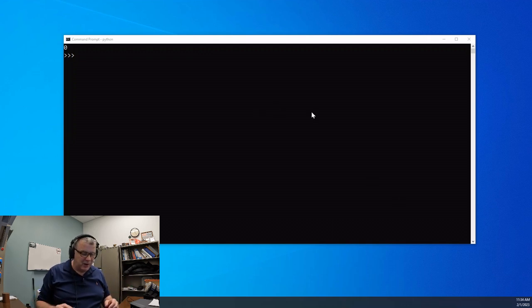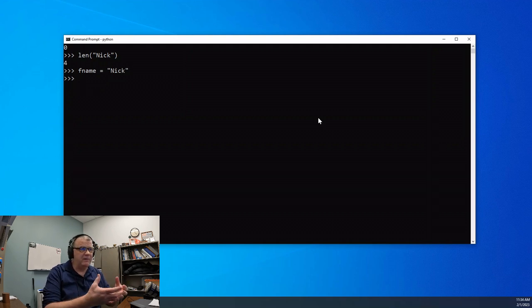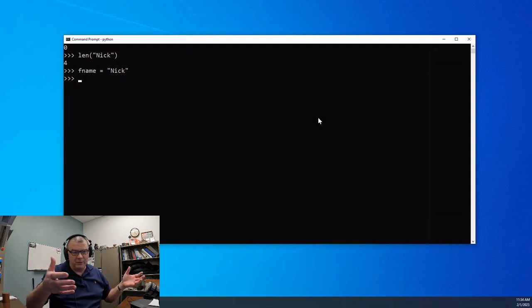Now, on the screen, I'm in my Python interpreter, and if I just say len of the literal Nick, it returns a value of 4. Now, let's create a variable called fname, and let's assign it Nick, and let's find out the length of that string, because we don't want to be counting things. The length of a string, the number of items in a string object, will play an important part in a lot of the Python coding that we may do, whether it be for the class or for actual real world functions. So here, if I say len fname,